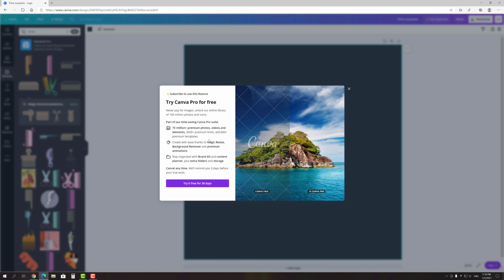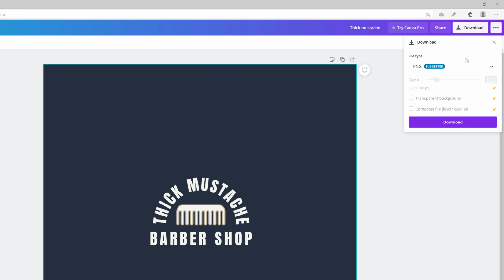Okay, now that the logo is ready, I need to download it to my computer. If you click the download button, you will see several options, such as file type, background transparency and image size. First of all, as you can see, on a free subscription plan we can't resize the image, but we don't really need to, because 500 by 500 pixels is a high enough quality when it comes to website logos. Actually, we will even need to crop the image size a little bit, but we will talk about it later.